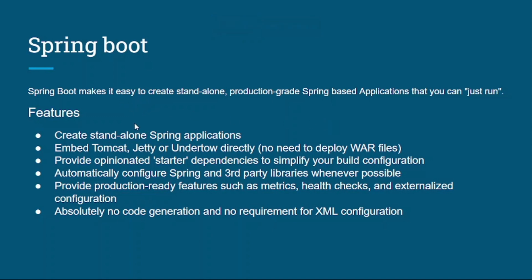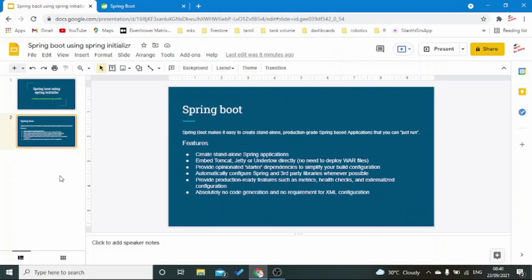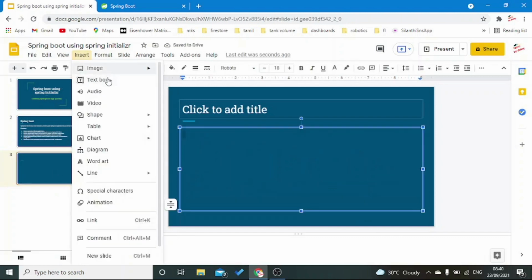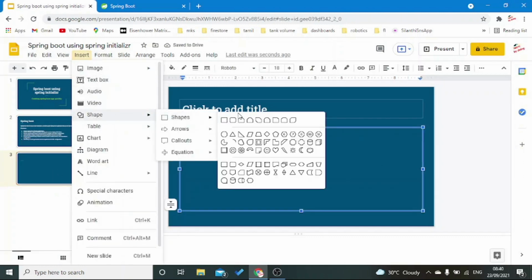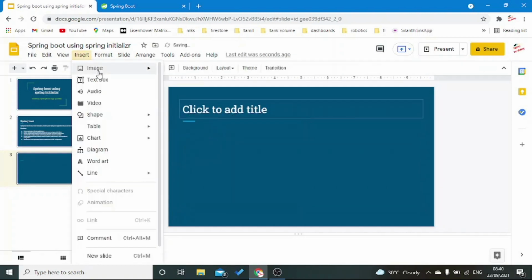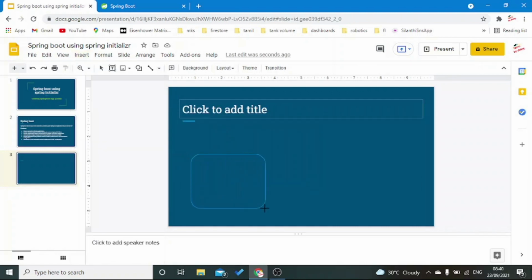So if you see, it has a Tomcat server embedded by default. That's the container embedded in it. You can optionally use Jetty or Undertow servers with Spring Boot. And one important point here is we don't need to create a war file separately and do the server deployment separately like earlier days. Your code will act as a server. So I repeat, your code itself is a server.